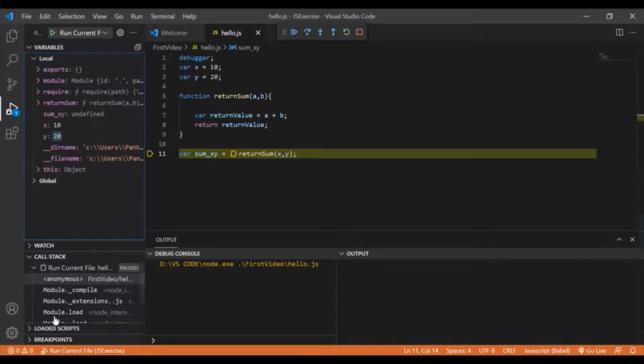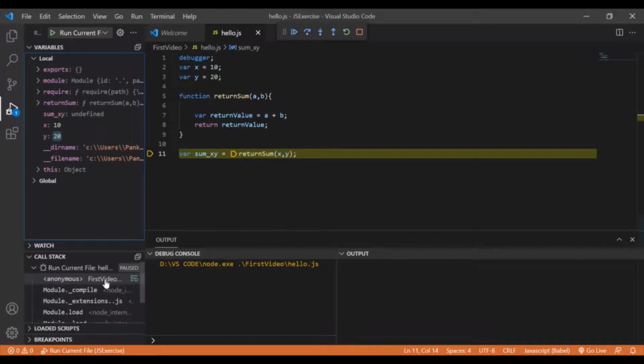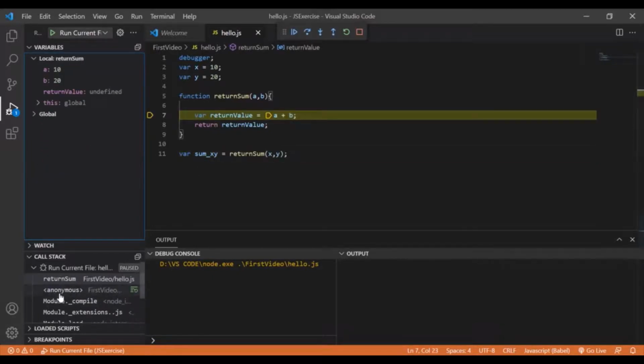Before that, you can see here in the call stack also, we have this global execution context. You can see the anonymous over here, right? So this is nothing but the global execution context. If I click next, there will be a call to this function, right? And once the function call is made, there will be a new execution context. If I click next, you can see apart from anonymous, a new execution context is created over here. This is nothing but this function.